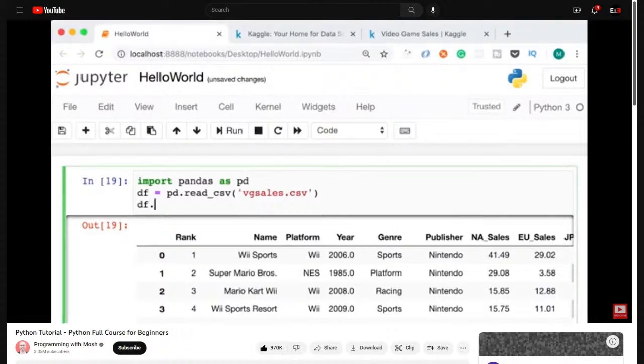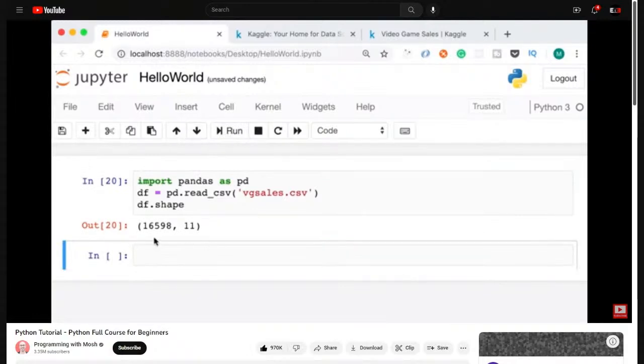The first one is shape. So shape, let's run this one more time. So here's the shape of this data set. We have over 16,000 records and 11 columns. Technically, this is a two-dimensional array of 16,011. Okay? Now, you can see here we have